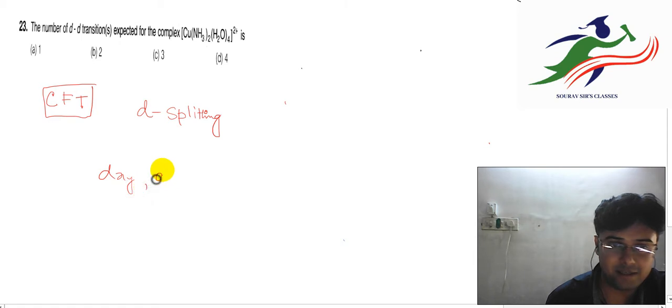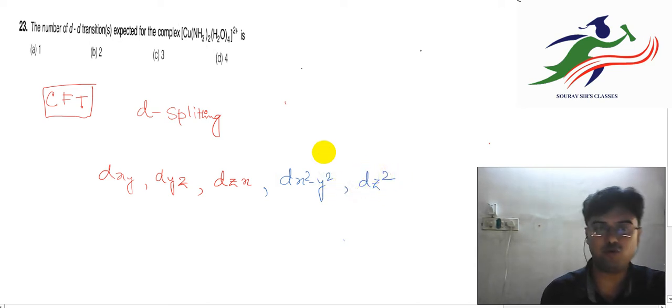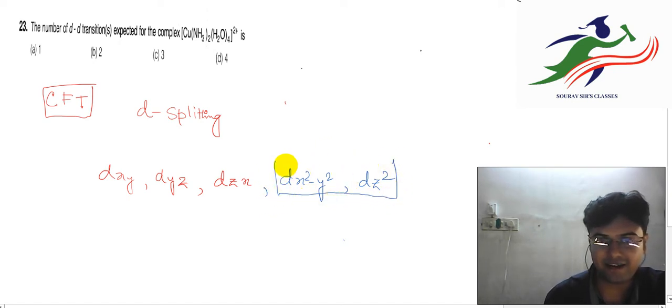dxy, dyz, dzx, dx square minus y square, and dz square. As you can see, I have used two different colors. It is because dx square minus y square and dz square, they are